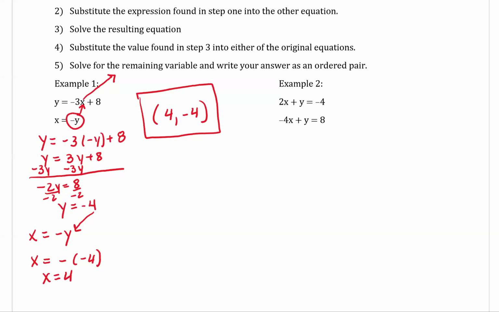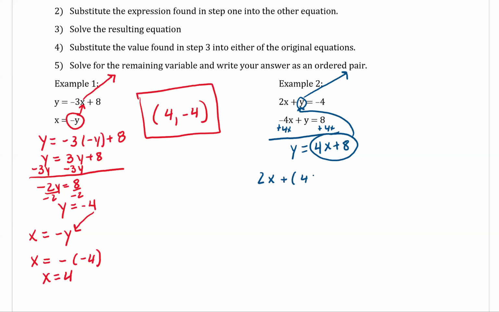And it doesn't matter which one you want to solve for. I'm just going to solve the second equation for y. y is equal to 4x plus 8. I'm going to take the y out of the first equation and substitute what y equals in. My new equation, 2x plus 4x plus 8